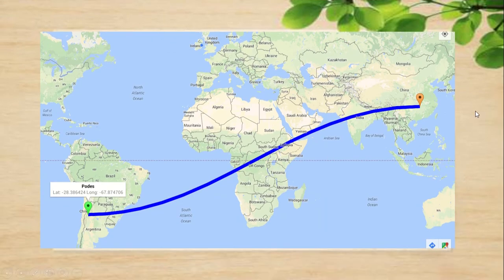So follow here. If we see the map from here up to Chile, this is the border line of Chile, and Chile is the antipode of our country, which passes through the equator, and one is situated in the eastern hemisphere, the other in the western hemisphere.